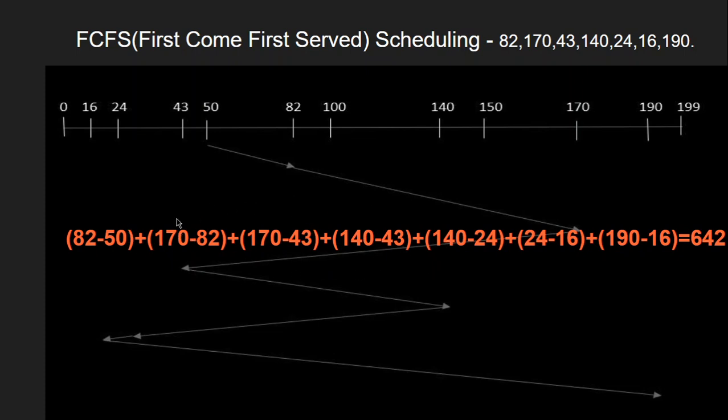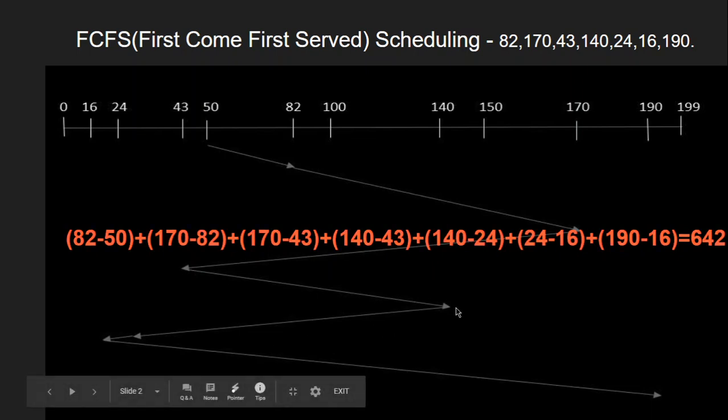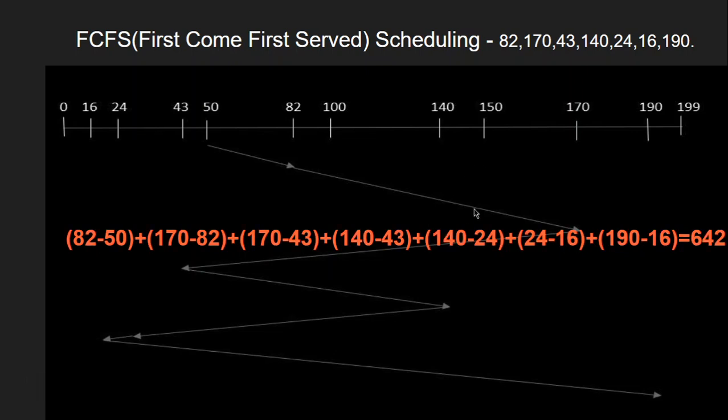For example, here I have given all the terms individually to add up the values, but where there are continuous moves in the same direction, we can just find out from 50 to 170 instead of going from 50 to 82 and then to 170, both are the same. Likewise, when you are going back, we can directly write 140 to 16 instead of saying 140 to 24 and then to 16. So this can help us shorten the calculations so that we can save time in problem solving.